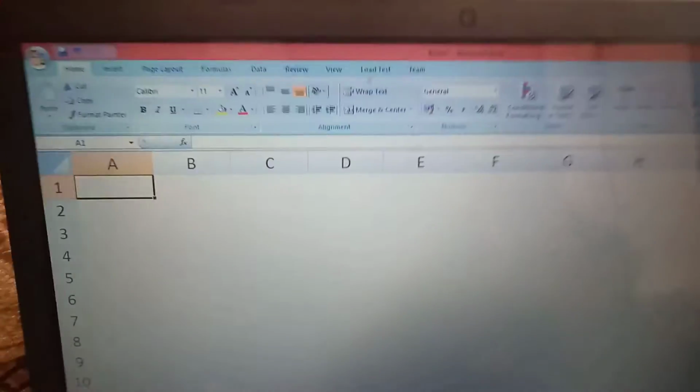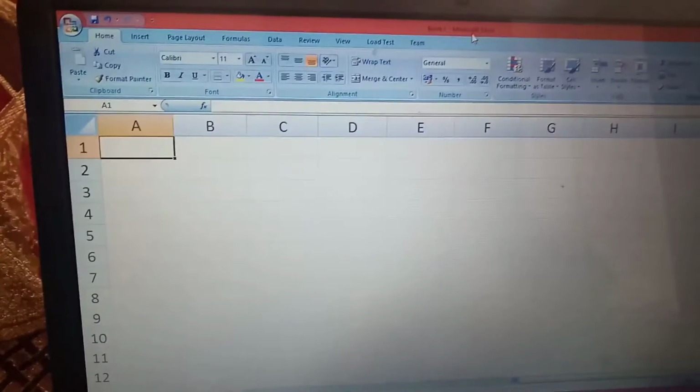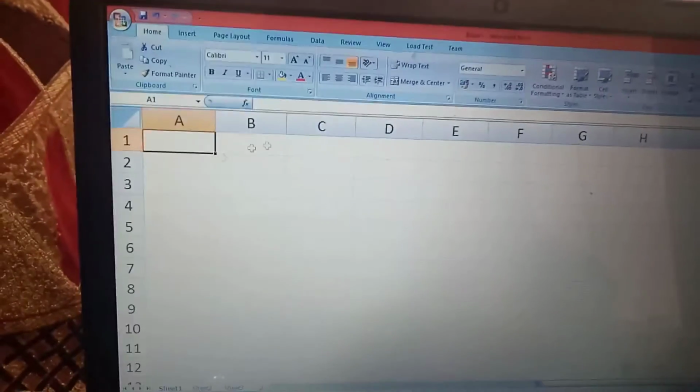For doing the practical, we will move to the screen. Firstly I move to MS Excel. Suppose I enter some data.